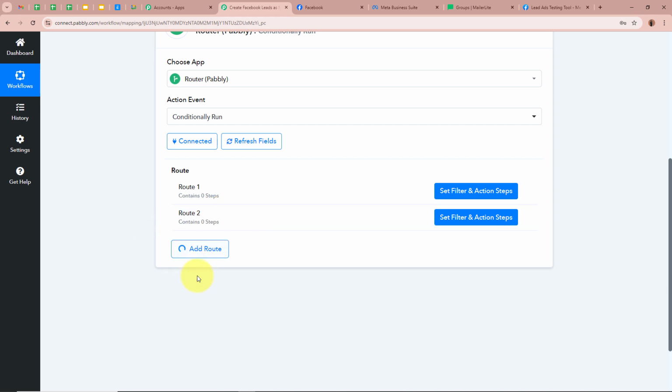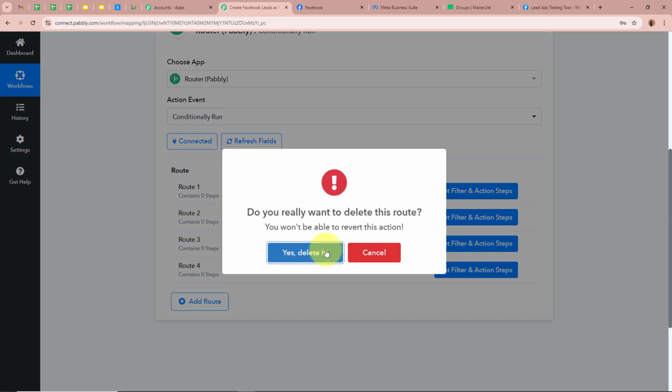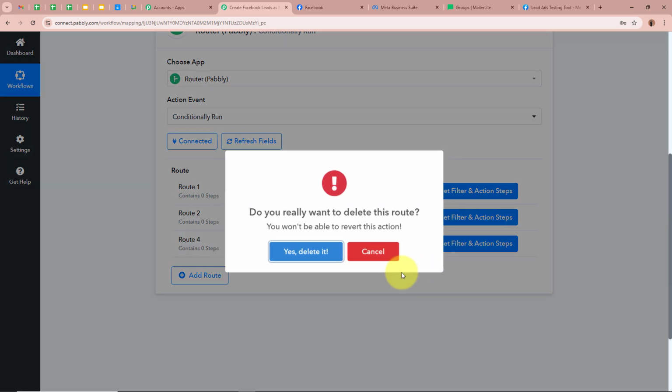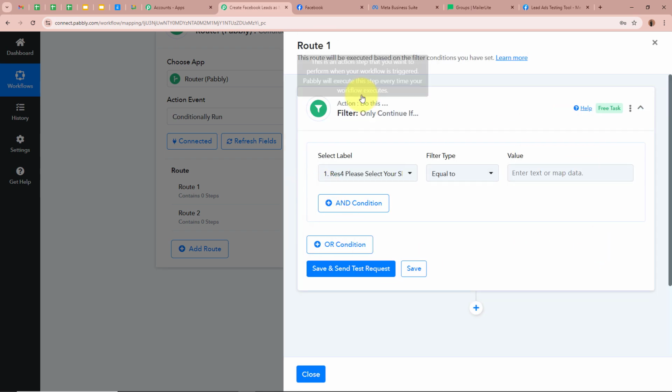You can add as many routes as you want right over here according to your requirement, but we are now going to set up a route according to, I'm going to first delete this over here. We are going to set up these routes according to our requirements. Okay, to set up the route, we have to click on the set filter and action steps button. As we do that, route 1 is then going to appear in front of you, and firstly